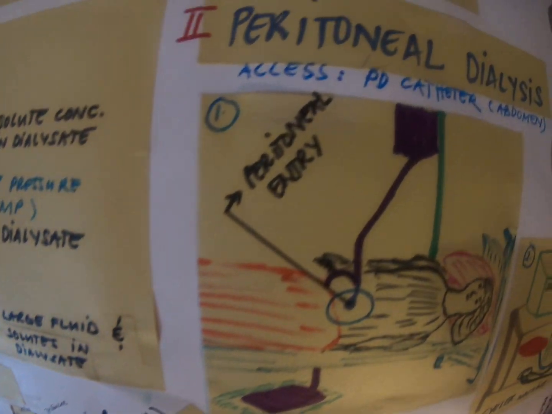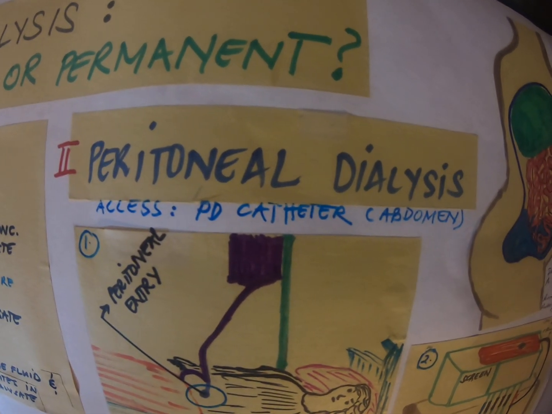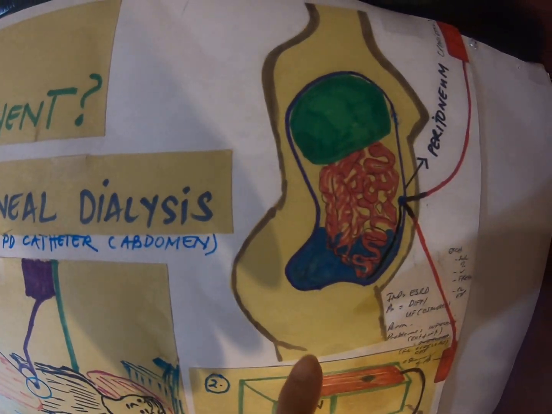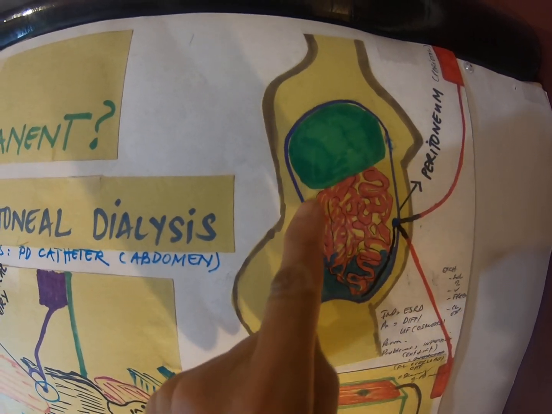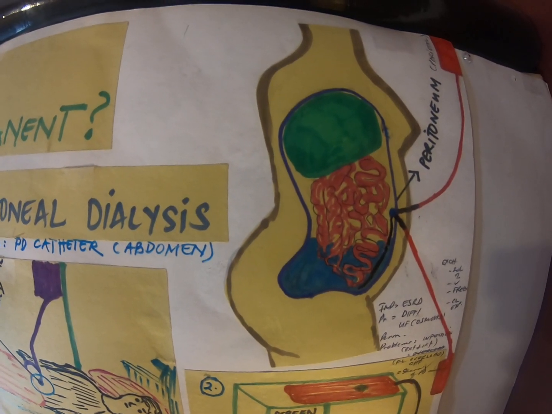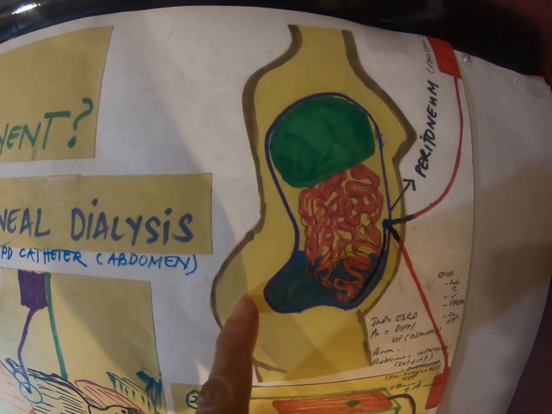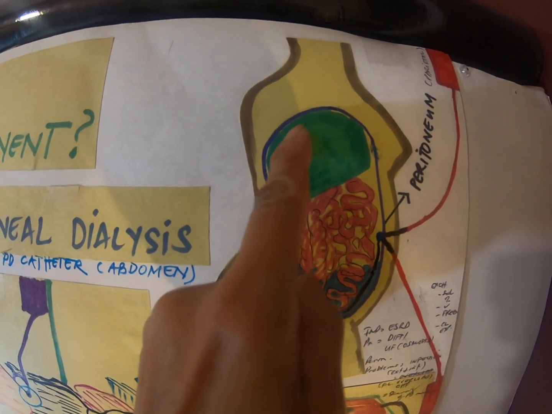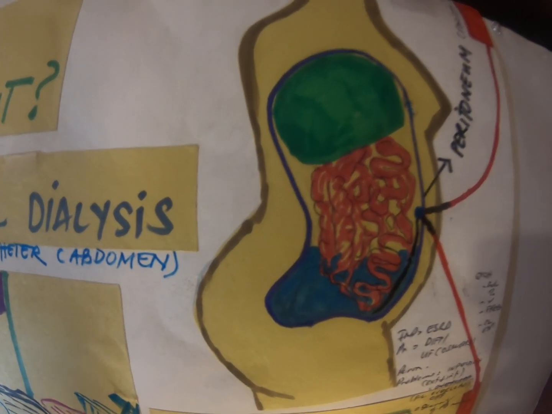Next is the peritoneal dialysis. In here, the semi-permeable membrane is actually the parietal peritoneum that is surrounding these organs inside. There's a visceral peritoneum that is surrounding each organ, but the parietal is what we're concerned with. Now, this parietal peritoneum is actually rich with blood vessels, and they are the ones to serve as the semi-permeable